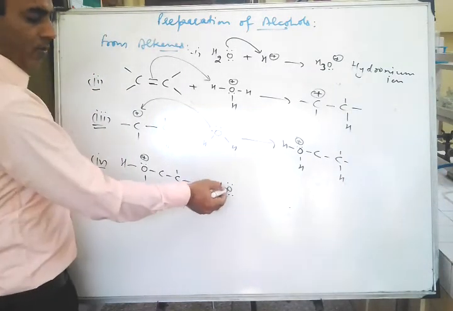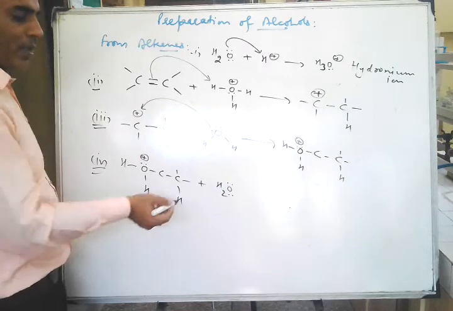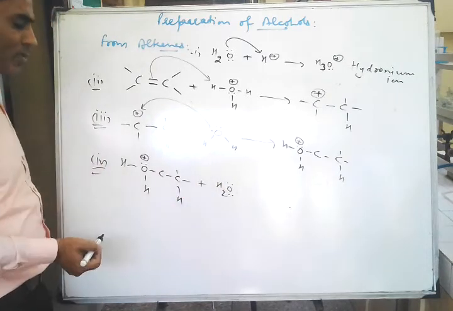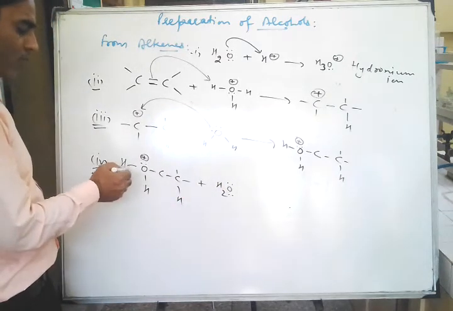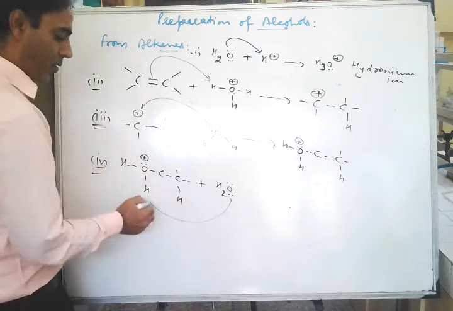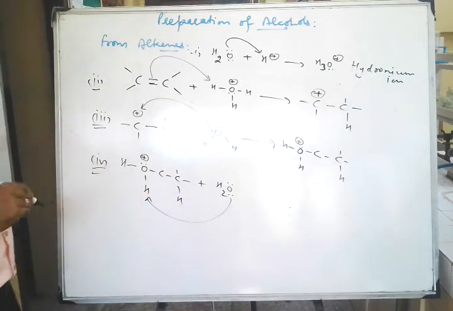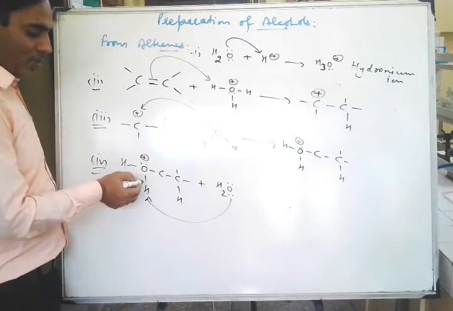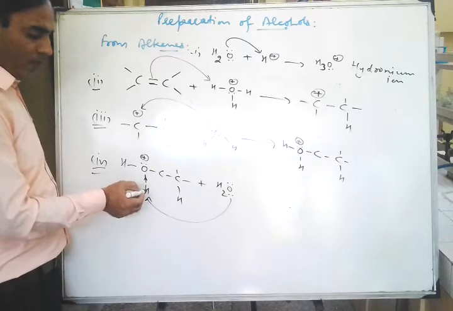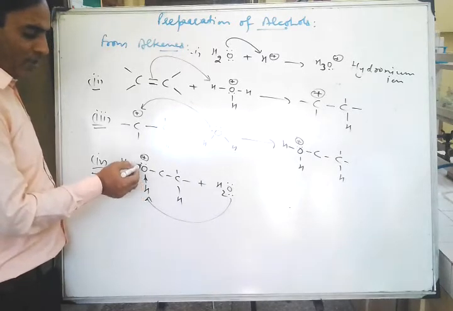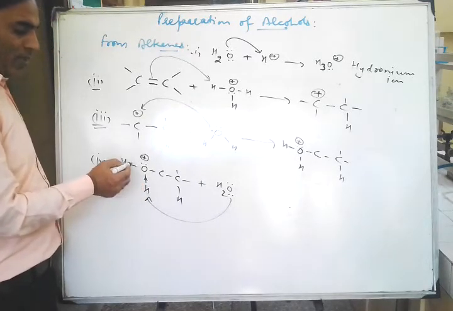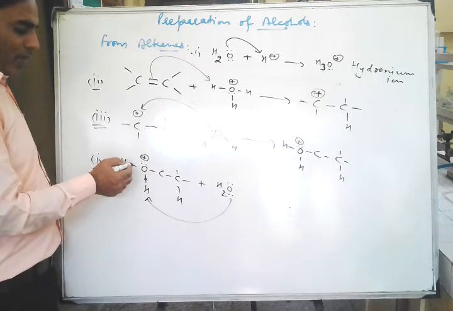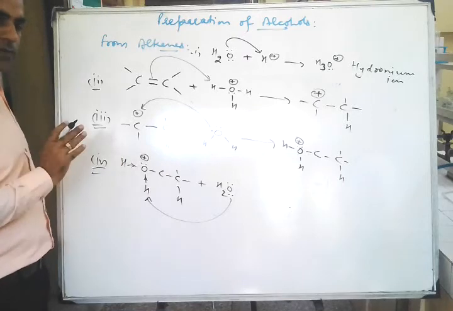right? Oxygen carries two electron pair, that is negative charge is there on the oxygen atom. So it will try to attract this positively charged hydrogen atom. Why is it positively charged? Because oxygen carries positive charge here, and oxygen is electronegative, so it can withdraw electron pair from this bond toward itself, so it will require delta positive charge. Similarly, it can withdraw electron pair from this bond toward itself, so it will also require delta positive charge.